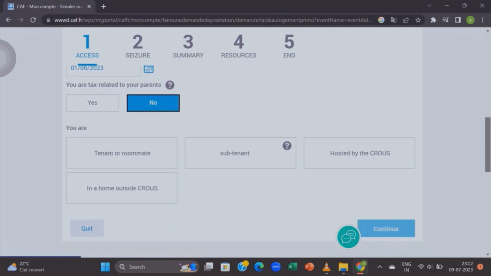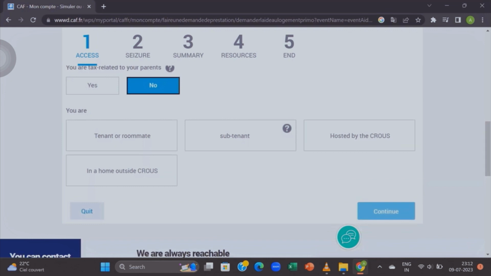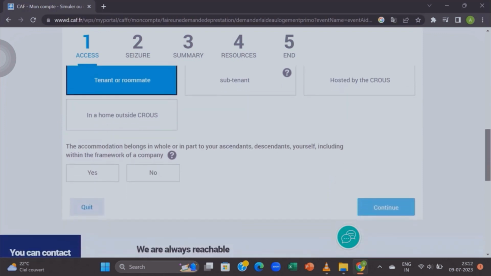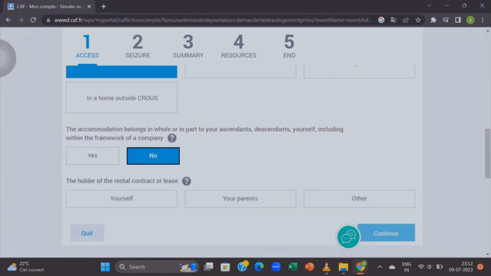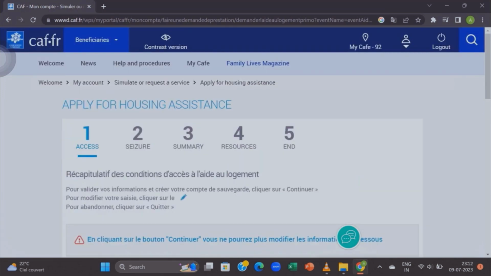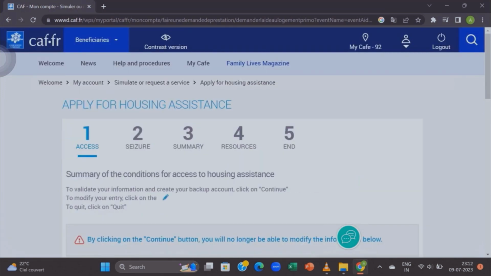So I'm gonna put the tenant or roommate here, as I'm a tenant and also we have a roommate. So we are going to click yes, since the accommodation belongs to any of your parent part of your residence. No, it's not anyway, so we go for no. So now they are asking us whether the holder of the rental contract or lease, so it's ourselves or it's